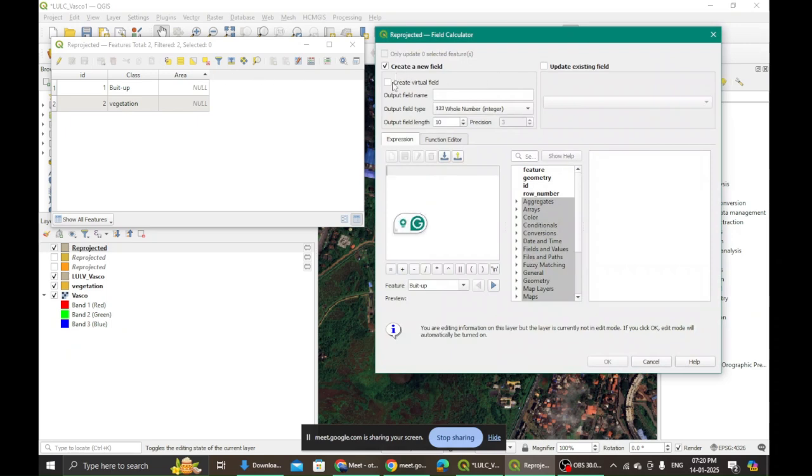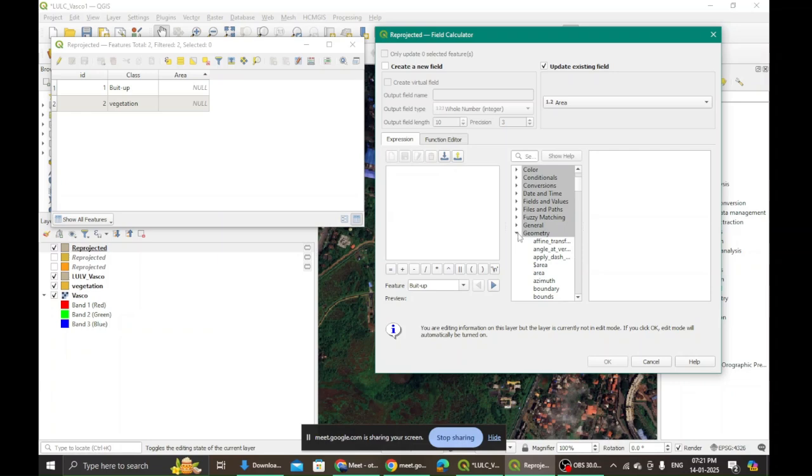Okay, I want to update an existing field, and which field it is, I will choose it here. Area I want to update, and its decimal, everything I have already selected. Now I come to this particular panel and locate geometry.